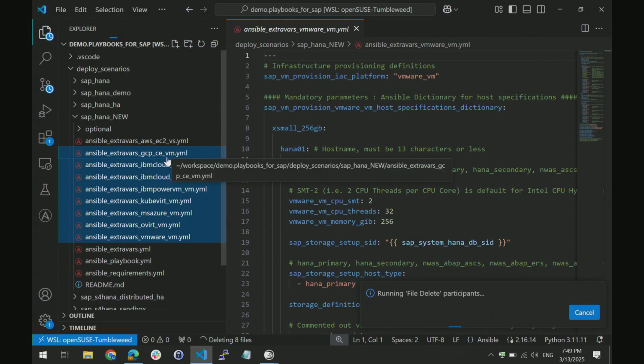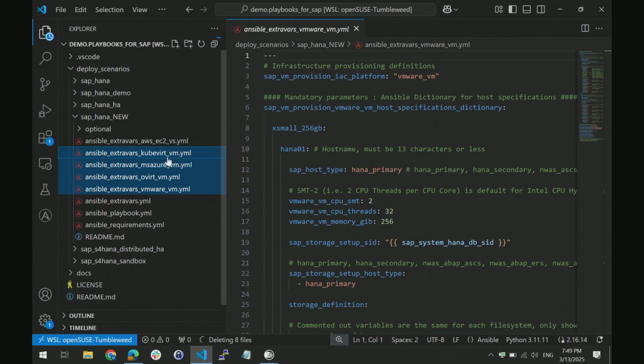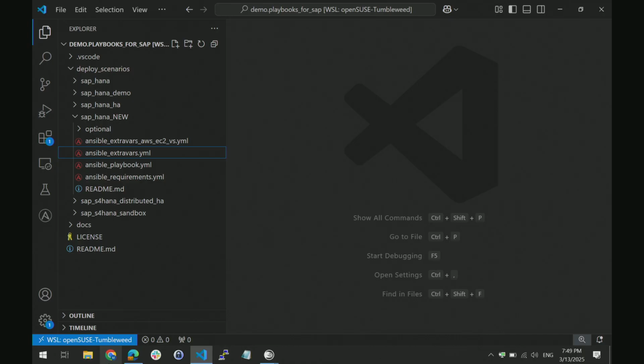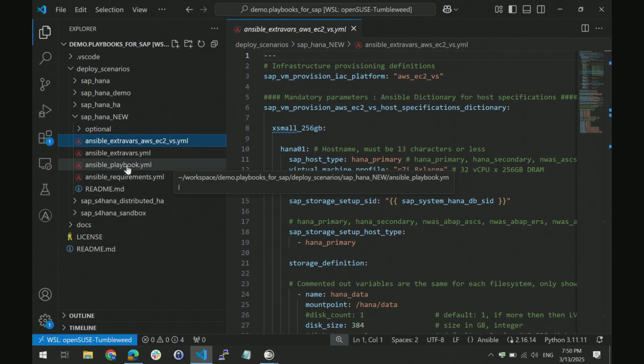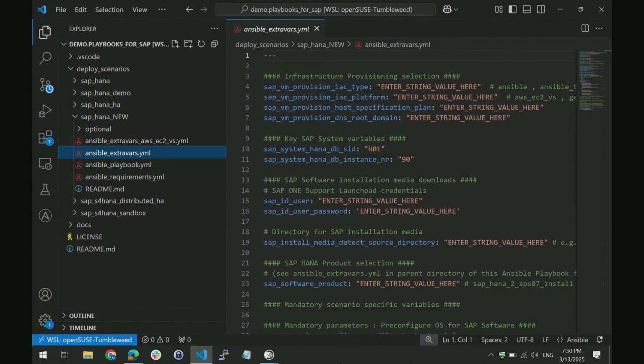And great. And now this is all I need. I don't need anything else because I'm running AWS. So all the inputs I need to provide are in this file. This is the definition of my server that I'm going to be deploying. So this is the definition of the host. All the non-platform specific are in here. So this is all the definition for provisioning, for the system, for its users, the product that you are selecting, and the playbook itself. So this is all about picking and choosing.